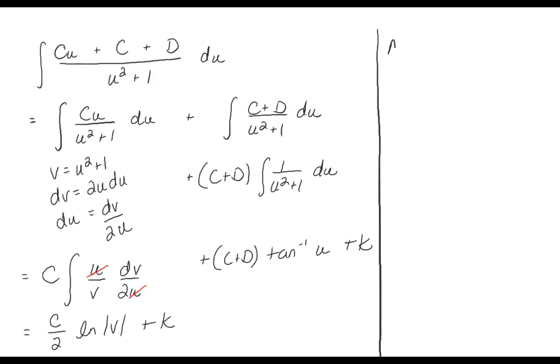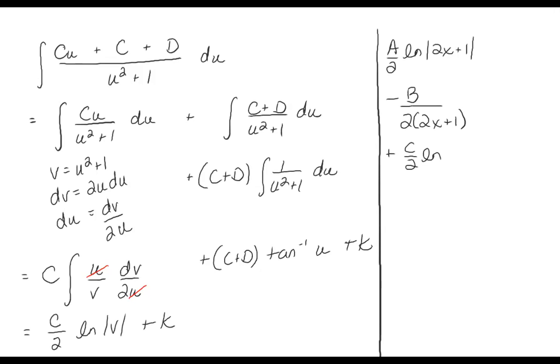It was a over 2 times ln of 2x plus 1 minus b over 2 times 2x plus 1. Could you multiply that out? I could, yep. That denominator, you mean? Yep, absolutely. Cool. And then plus c over 2 times the ln of v, but v was u squared